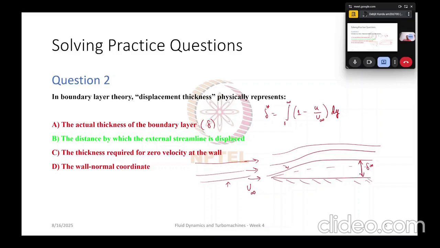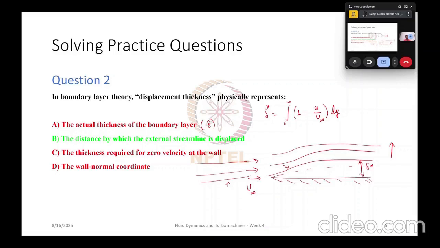So that's the displacement in the streamline, and above this region it can be treated as simple inviscid flow. We don't have to worry about viscosity and boundary layer equations,